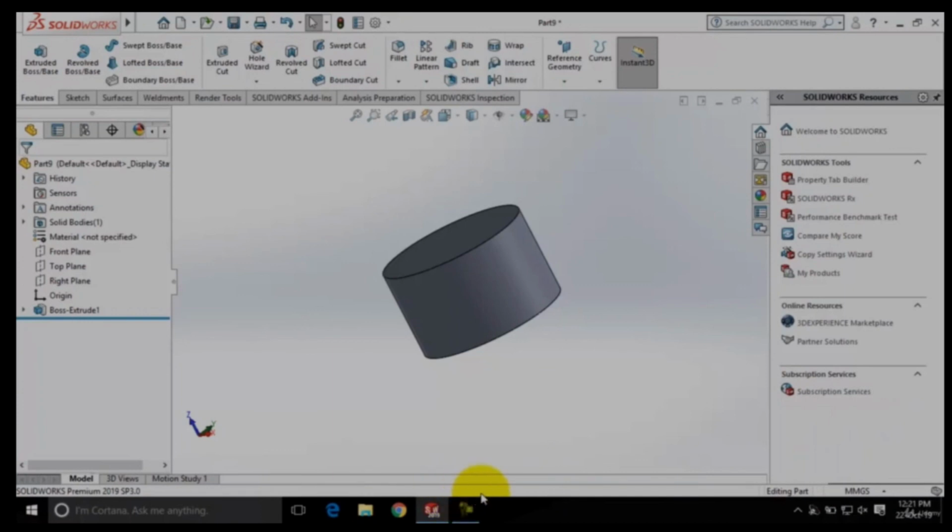Here we have a status bar. The status bar keeps telling us information regarding what we are doing while we are creating a part in this area. This is the View toolbar. The tools present here are used to zoom views, set the view orientation, set the display style, set the visibility of the models, and sketch visibility, and so on.